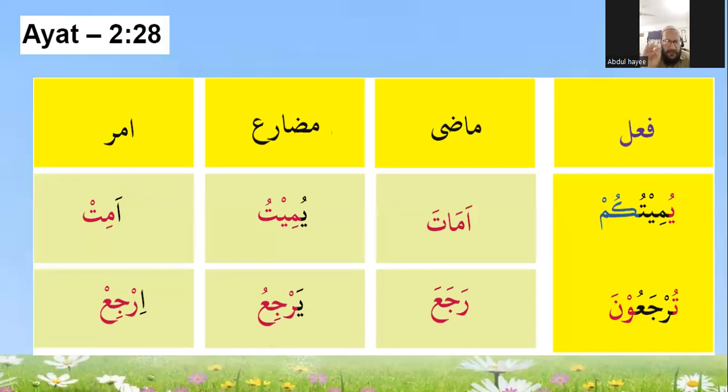When the word is not majhul and not four letters in the mazi, then the mudare's first letter will always have fatah, and the last letter will always have dhamma. When we put the fatah on the ilamat mudare, the ra will become sakun, because the ilamat mudare has taken the sign of this ra. So this becomes sakun.